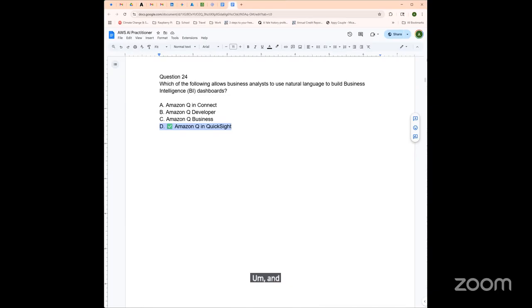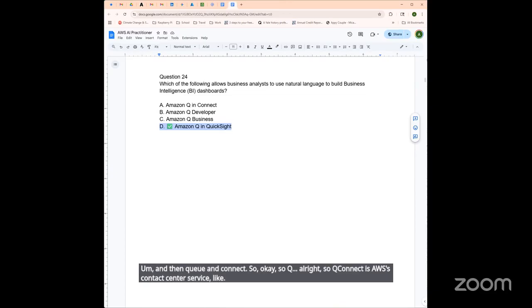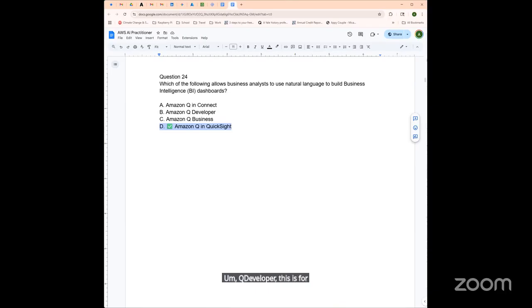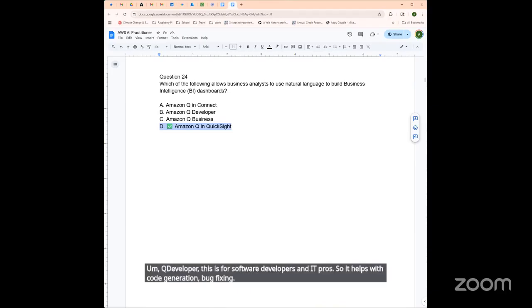And then Q in Connect. So, okay, Connect is AWS's contact center service, like their call center, right? So it enhances real-time agent assistance, like what to say, actions to take during a customer interaction. So it's not for dashboarding. Q Developer is for software developers and IT pros. So it helps with code generation, bug fixing, optimization, but not business intelligence visualizations.